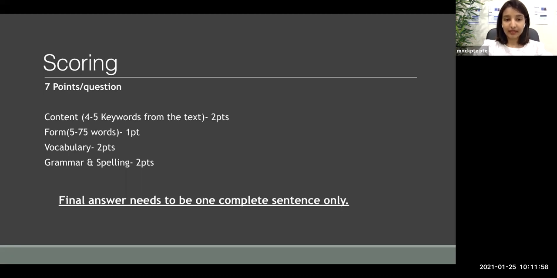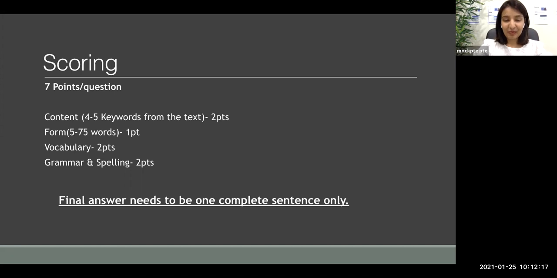And also, guys, if you are not comfortable with typing, make sure you practice and improve your typing speed, because you're supposed to write around 40 to 50 words within a total of 10 minutes. So you need to improve your typing speed. Only then will you have extra time at the end to double check your spelling and grammar.